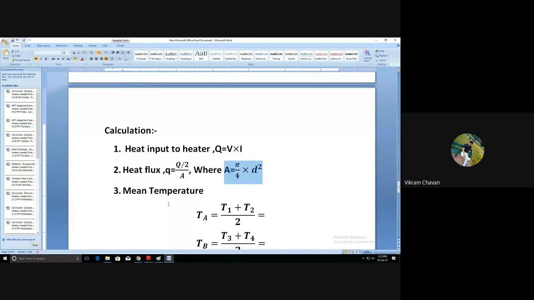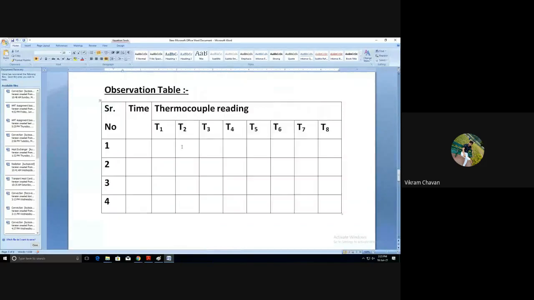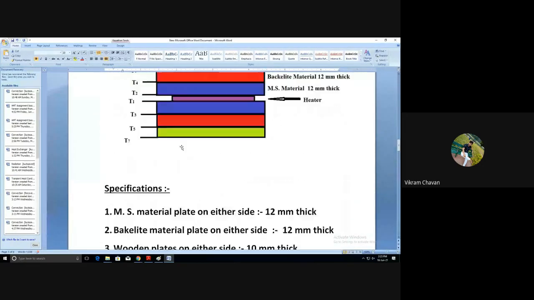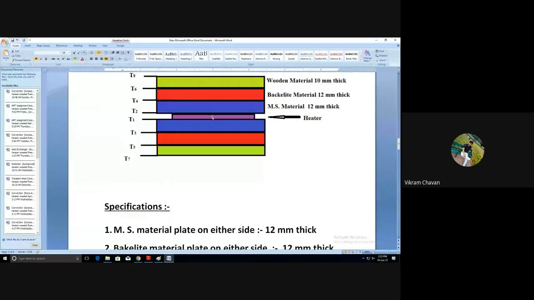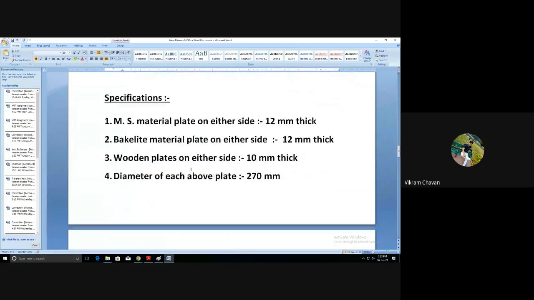area will be considered for the perpendicular surface area for the flow of heat. Okay, in conduction we are considering the perpendicular surface area for the direction of flow of heat. So if you consider this particular diagram, the direction of flow of heat is vertical, in the downward direction. And which area is perpendicular to this direction? That is nothing but the surface area of that particular plate, or that particular composite slab, which will be considered as the perpendicular surface area.